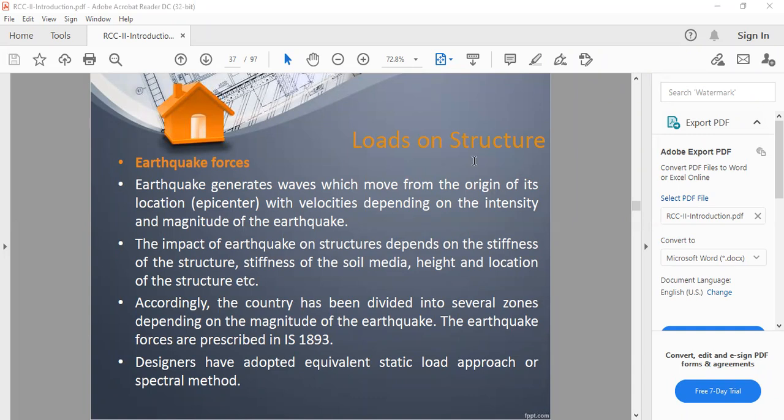And if you just look at how that particularly varies, it depends upon where the earthquake occurred, what is the epicenter of it, or the particular stiffness of the soil. So all those things will be applicable: how the soil strata, what is the height of the structure, or where is the location. There are different things that we will consider when we go for unit number 6.